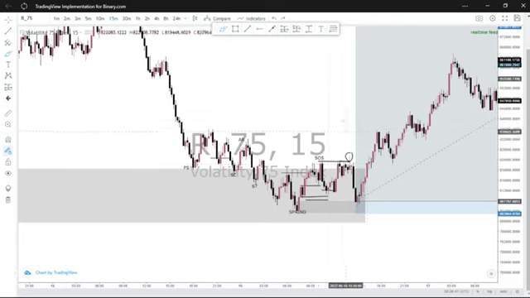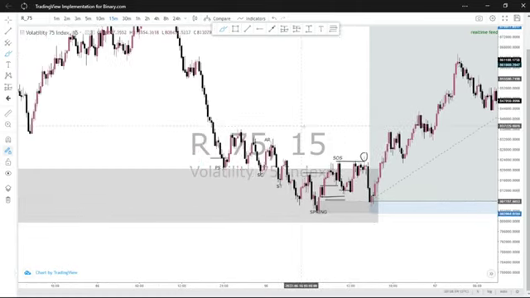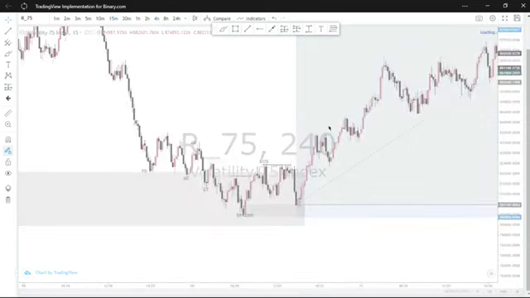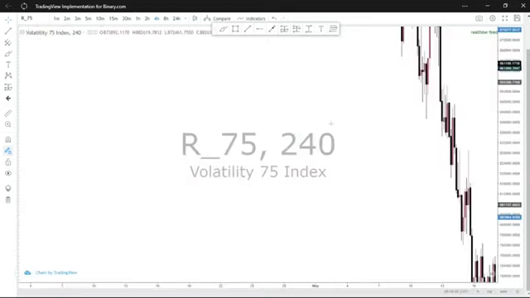Now, so lo and behold, I waited. Within waiting, price came to test the original zone. Lo and behold, that's my entry, my stop loss below the zone, and I was looking to target the overall highs through the high time frame structural bias, which I did use to actually look for an entry within this particular time frame, based on some rules